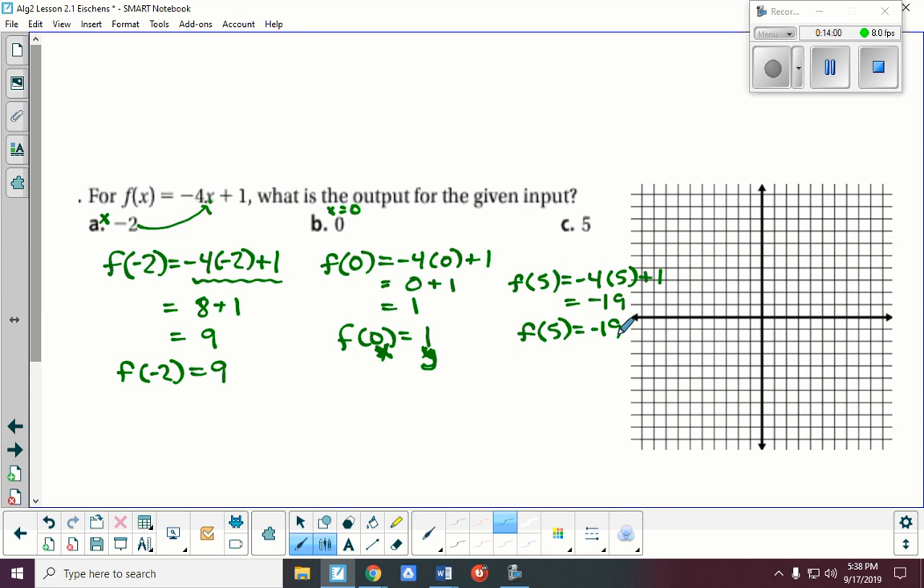I just want to show you this function if we were to graph it. So the y-intercept of that is 1, and the slope is -4 over 1. So down 4 over 1. Or up 4, back 1. And if we draw a line here,